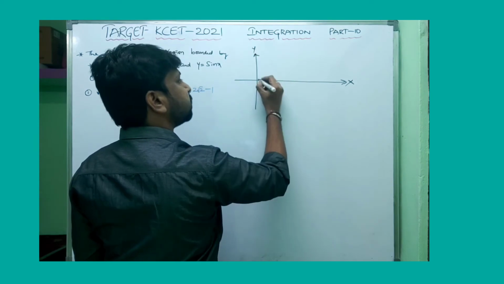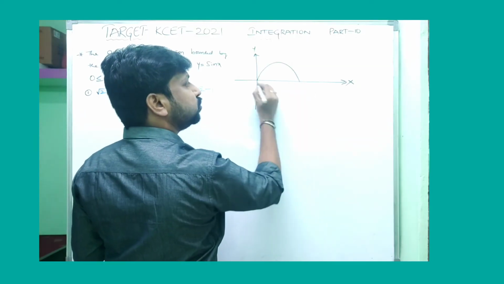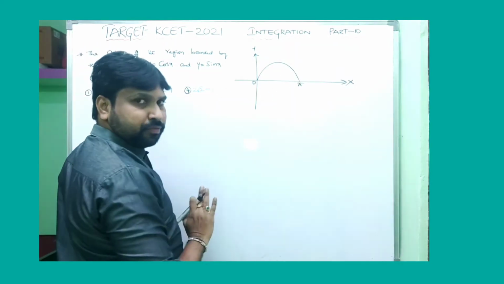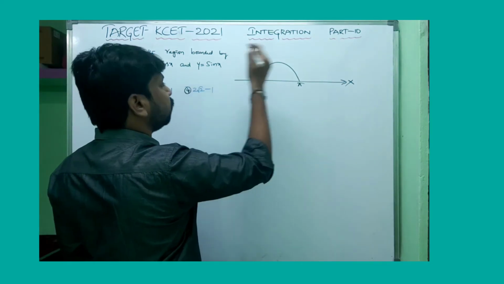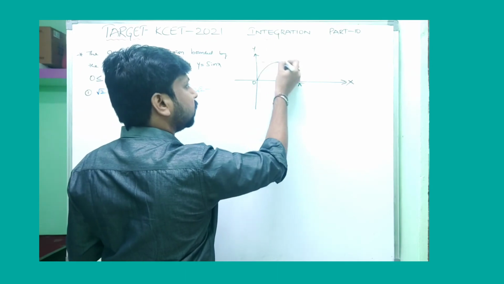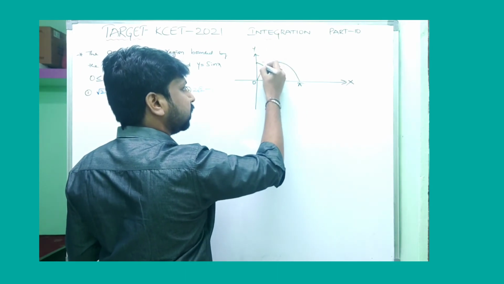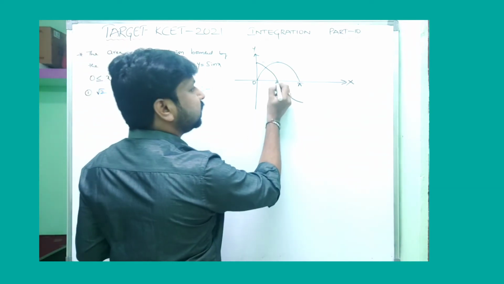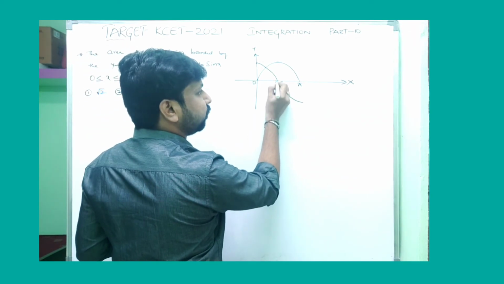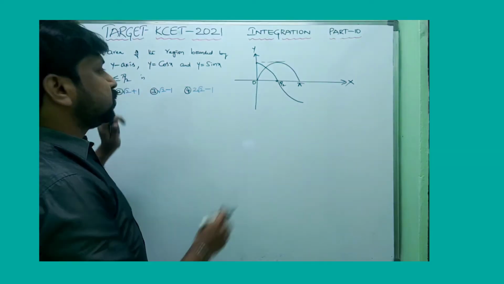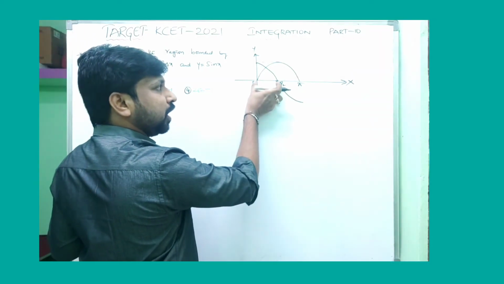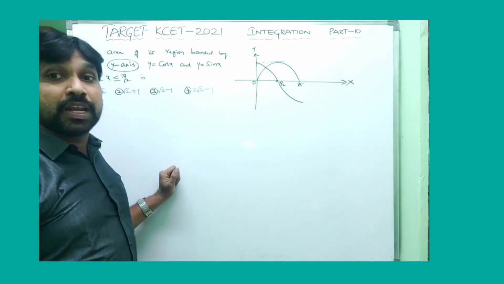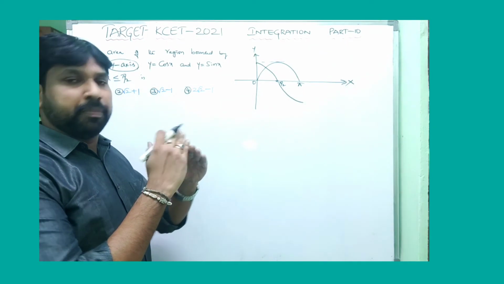The sin x curve is always passing through the origin. 0 to pi by 2 is enough, that's all enough. And cos x is always passing through 1, that's where it will start here. And the shape of the curve will be like that. This is pi by 2, cos 90 is 0. Now they are asking in between 0 and pi by 2, and moreover y-axis is given. So with respect to the y-axis, both the curves, where they meet.